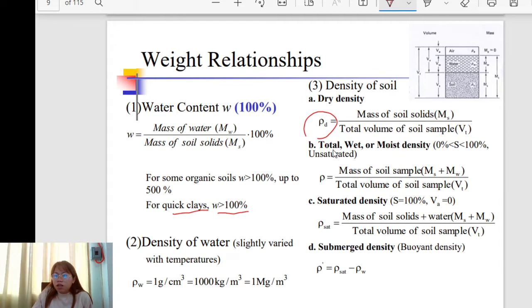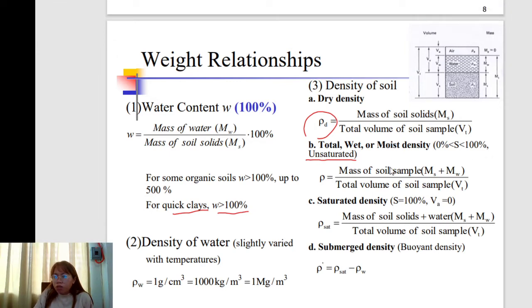For the moist density, or the wet or moist density, the degree of saturation is within the range 0% to 100%, meaning it is unsaturated, not fully saturated, no. So the formula for the wet or moist density is equal to the mass of soil sample, that is M sub S plus M sub W, so that is soil solids plus mass of water, divided by the total volume of soil sample, that is V sub